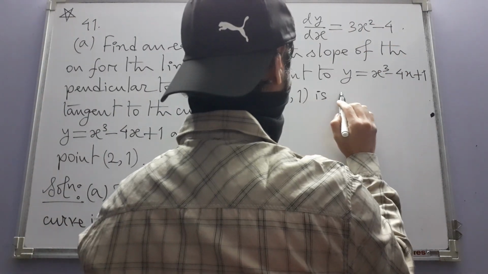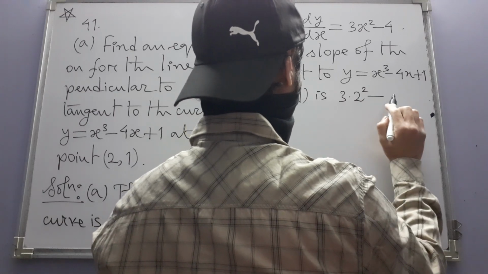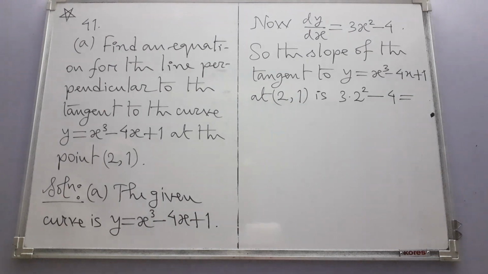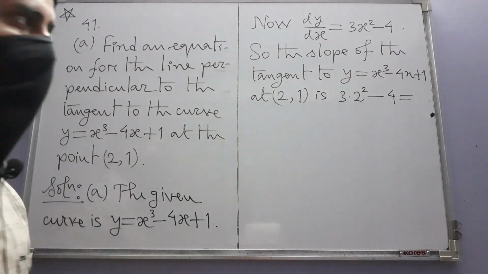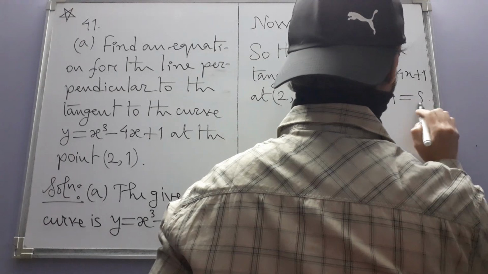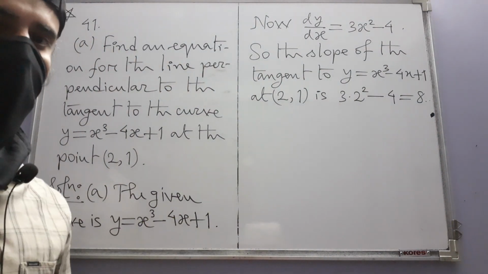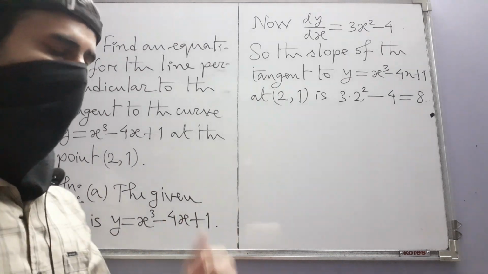So you just put x equal to 2 and calculate this. So what will it be? 4 times 3, 12, minus 4 is 8. So the slope of the tangent is 8,